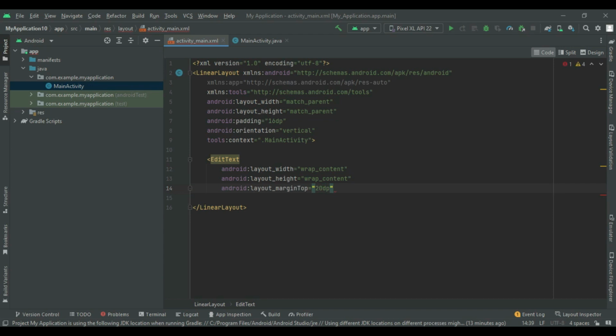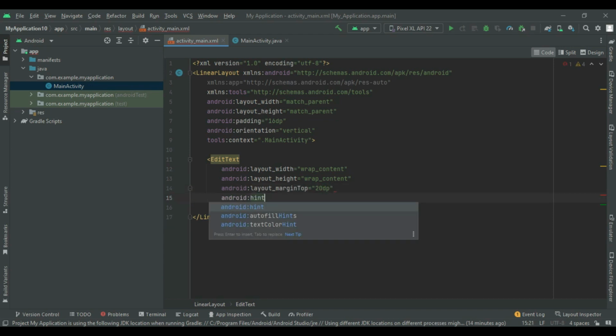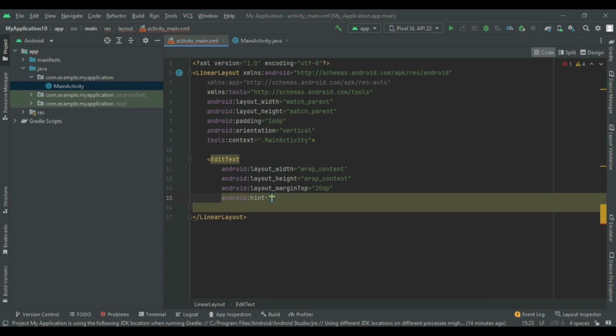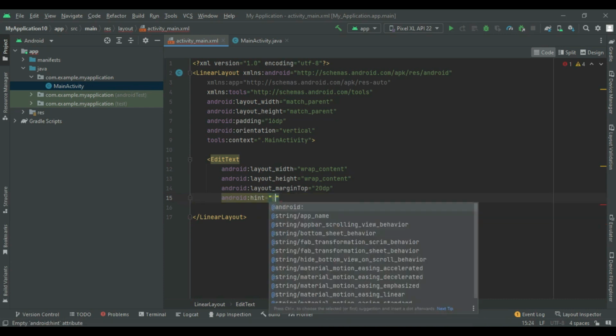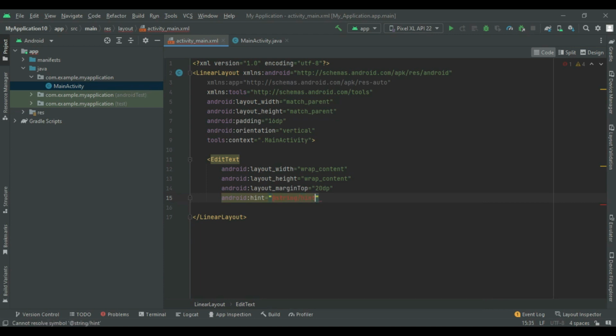And next we need android:hint. Hint equals to, in the edit box we will give the hint, so that some message will appear that we have to type. So I will type it like @string/hint. So I will use a string.xml file, there I will put my hint. So we will see it,